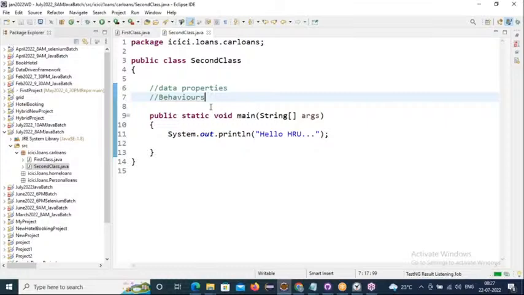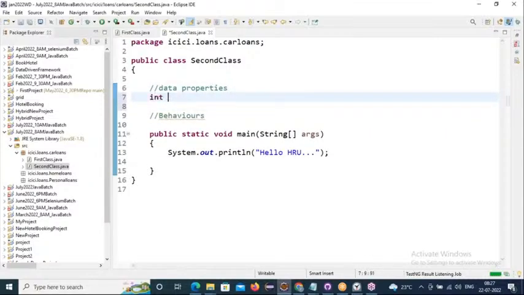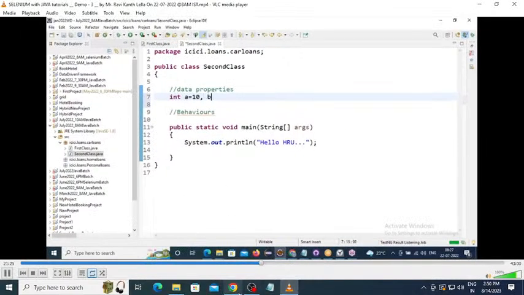So to do addition and subtraction, we require minimum 2 input variables and to store the result one output variable. Totally 3 data properties we require. And for operations, addition and subtraction, we define them as behaviors. So as per the requirement, we are planning 3 integer variables: int a equals 10, comma b equals